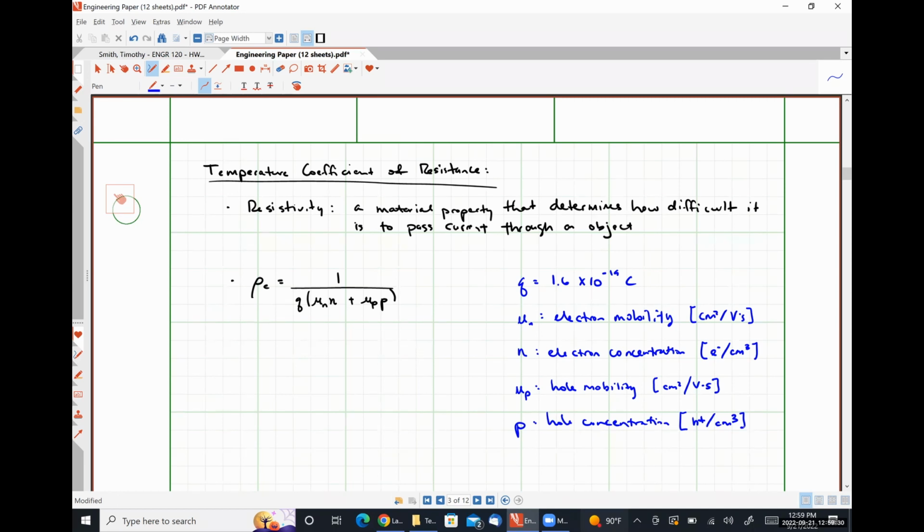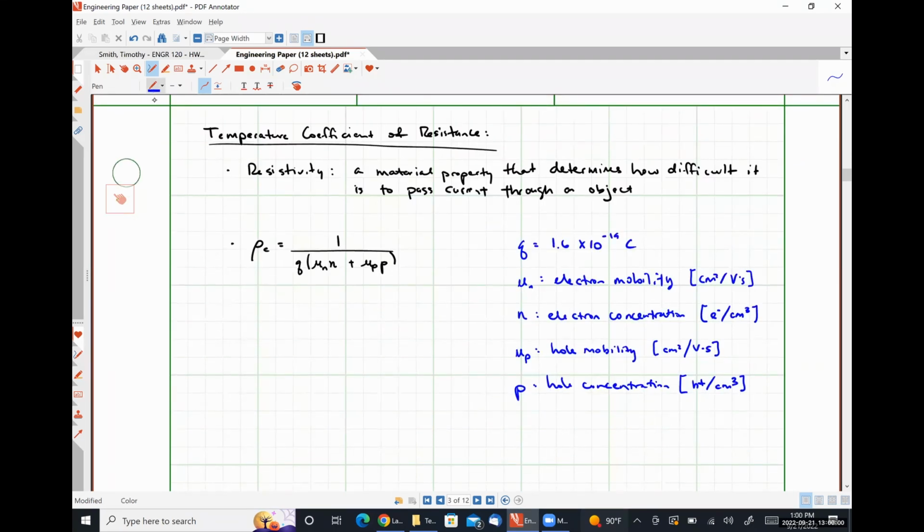Which of these quantities depend on temperature? Anything else? The answer is literally everything but Q, which is a fundamental constant everywhere. The mobilities are absolutely temperature dependent, and the electron concentrations are also absolutely temperature dependent, okay? So